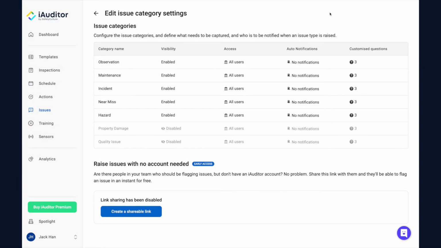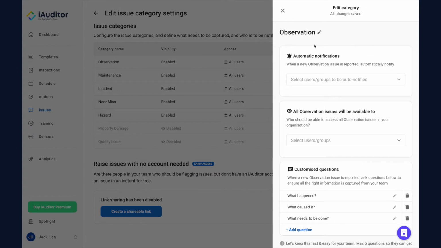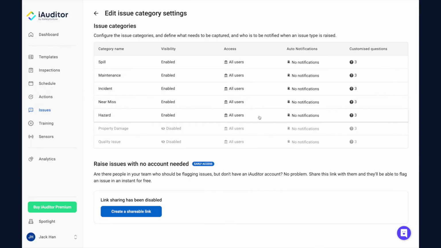Currently, you can have up to 7 categories for different types of incidents, issues, or observations you want to capture. To start with, you can assess whether your team requires all 7 categories or not, and then either rename existing categories to suit your context, or hide the ones you don't need.